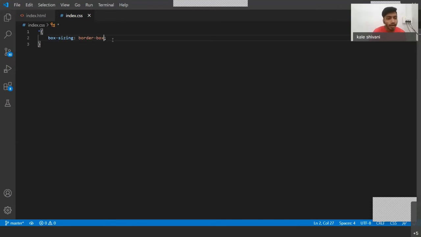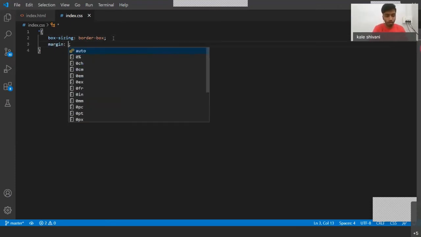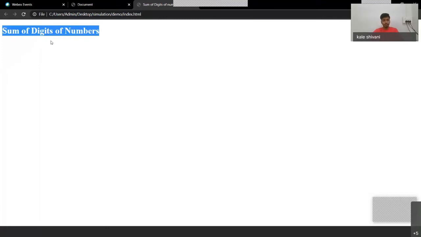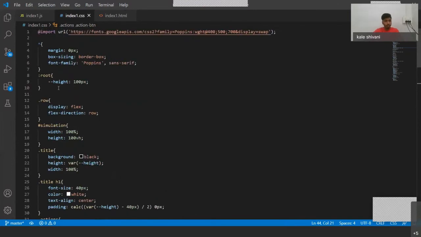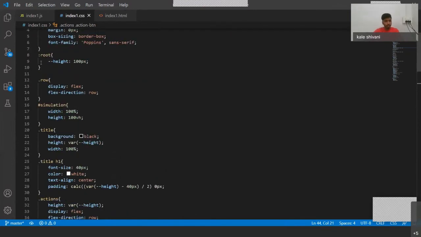And we want to set the margin for all of the elements to 0. That's it. The next thing is we want to style our sum of digits. For that we have code, let's see here. We'll take this code.